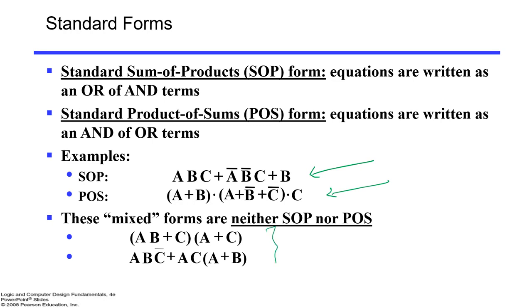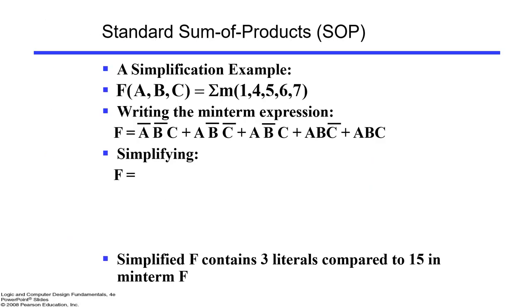Sometimes we have some mixed designs as well. So we have A dot B here, then plus C dot (A plus C). So this is mixed, where product of sum and sum of product are mixed together, right? So we can see different varieties of designs here. Once someone says sum of product form, then we should always have dots then plus, dots then plus, right? We should not have it mixed like this. This is the mixed design, right?